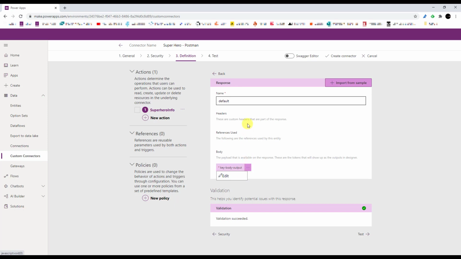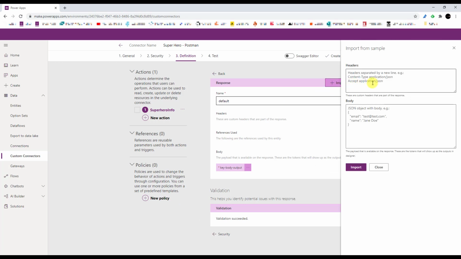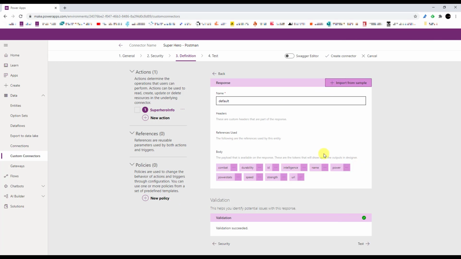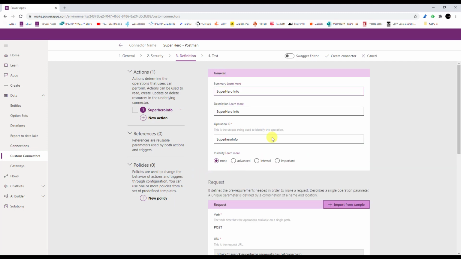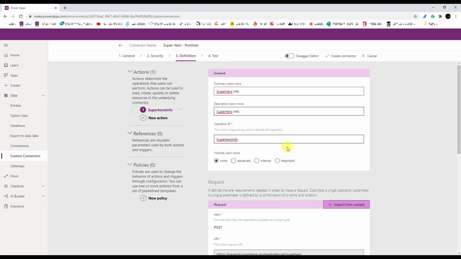To fix it, instead of using the default response from Postman, I would recommend you import it from a sample. So from Postman, you just copy the response and do an import of the sample, and that would provide you with all the attributes from the JSON as a body parameter or a body payload. And that's how you would create your connector using Postman. I can create,